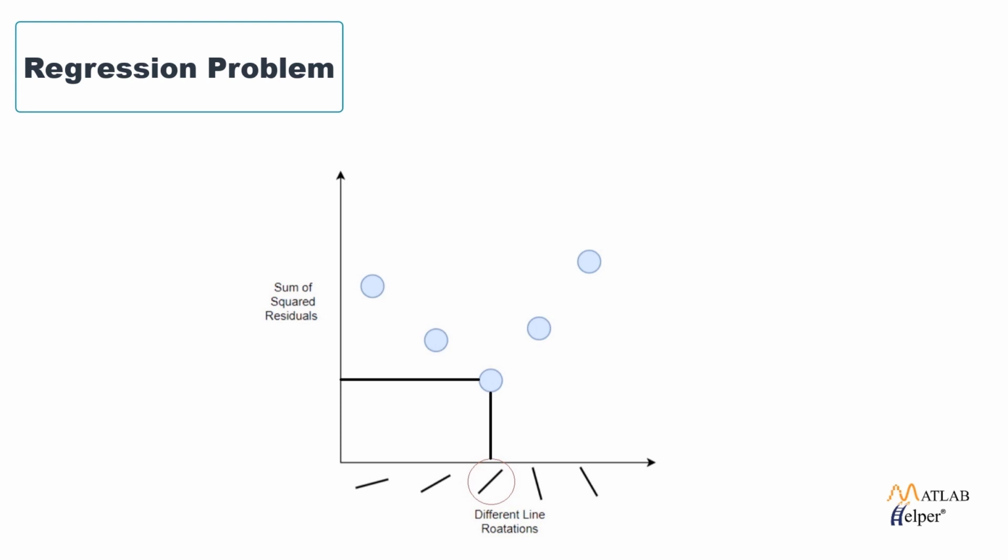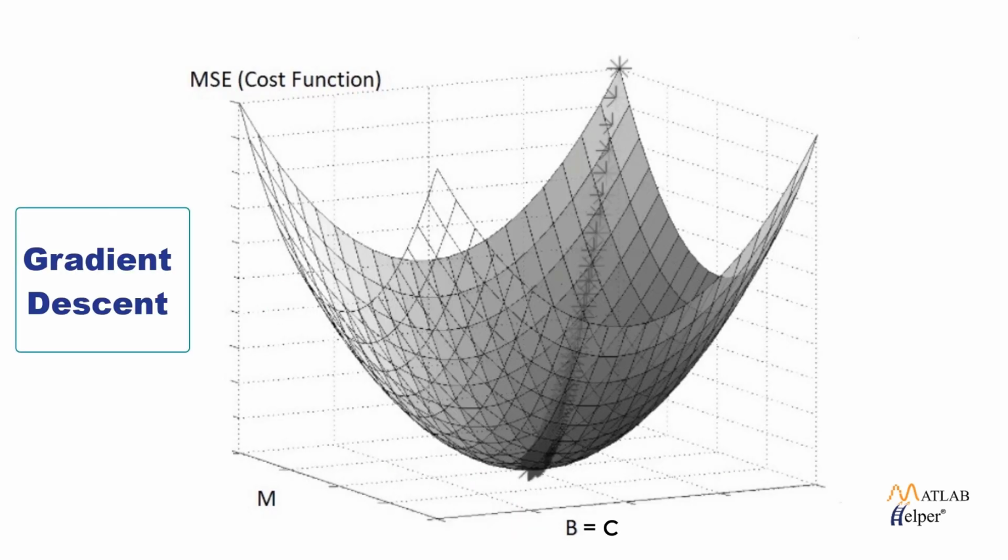But what we have discussed was a graphical approach. In the real world, it is not so easy to get the global minimum point of the function. So do we have any other approach? Yes, we do. Gradient descent is the algorithm that helps us find the best fit of a line in a very efficient way. Let us discuss the shown diagram. This is how the curve will look if we consider a 3D approach. In the plot, I have plotted mean squared error against M and C.